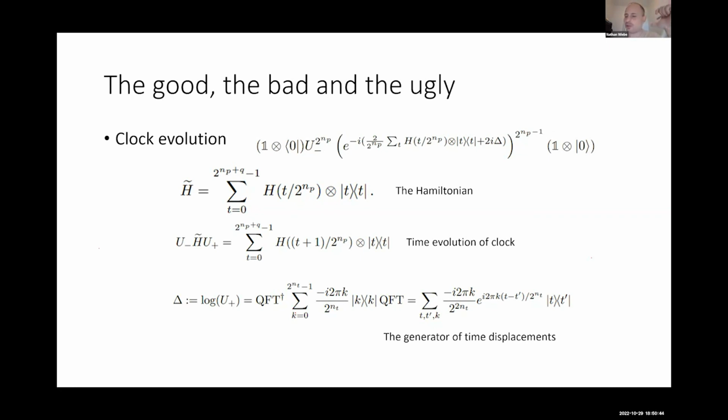The clock Hamiltonian is really just designed in order to be able to do a discrete displacement. And the way that we generalize the notion of the derivative is by a quantum Fourier transform conjugating this diagonal operator in the middle. So you can see this over here. It looks like a discrete approximation to a derivative for that delta operator down at the bottom. So we build this and we use that in order to naturally give the time some dynamics forward. And now the Hamiltonian we make dependent on the current time that the system's at.